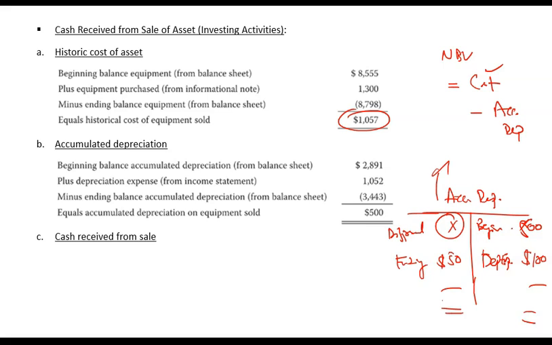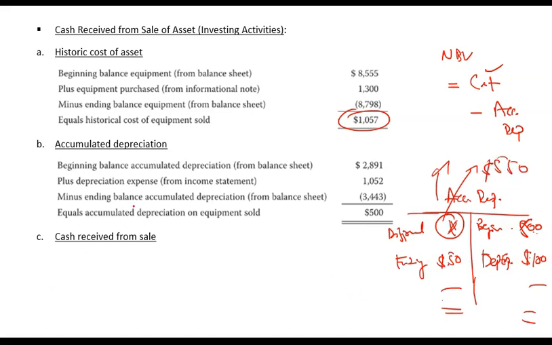So that means if you have beginning balance and ending balance, both of these can be found in the balance sheet. And depreciation expense can be found on the income statement. If you take these three items from the balance sheet and income statement, you can find the accumulated depreciation for the asset being sold. That will just be the adjusting figure. So it will be 1000 plus 100 plus 500 minus 50. So 600 minus 50, it will be $550.